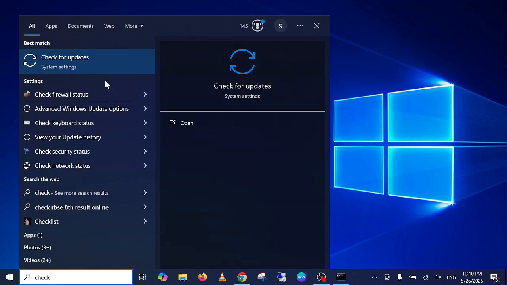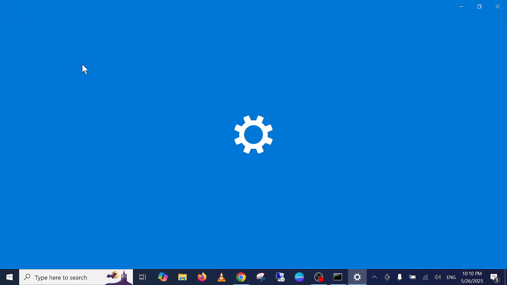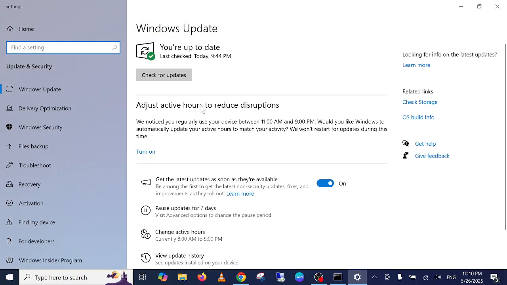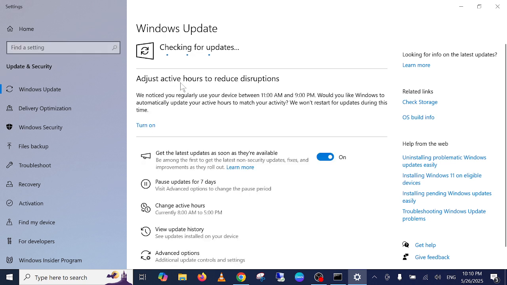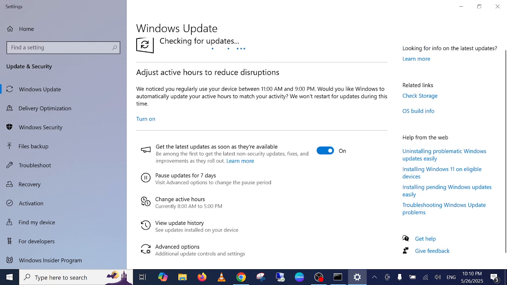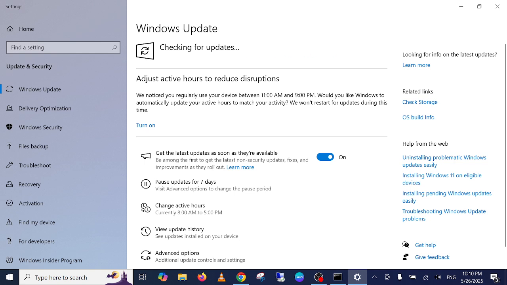So first of all, the first option is Check for updates. You just need to click on Check for updates, and click on Check for updates again. You may see the optional updates as well. If you are able to see that, you just need to download and update all the drivers, including the